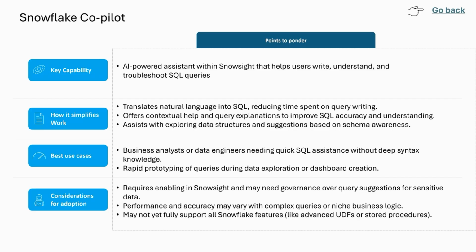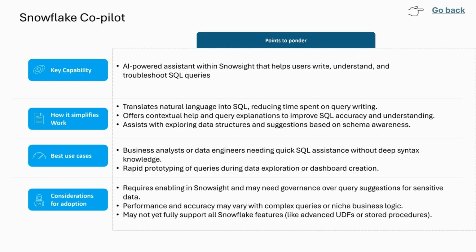Basically, it simplifies the process of writing SQL from scratch, and it assists users in understanding the data sets. It also gives suggestions and prompts to users throughout the process of writing SQL and getting insights out of the data.